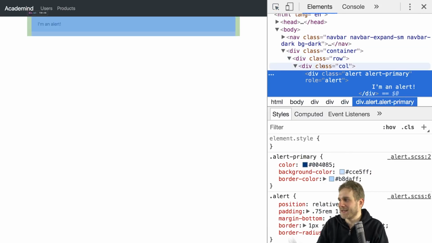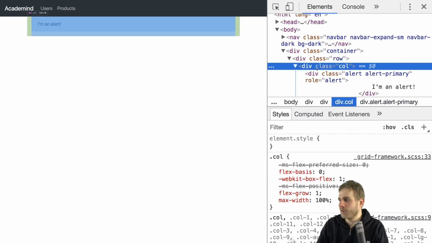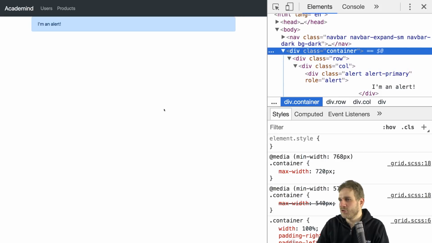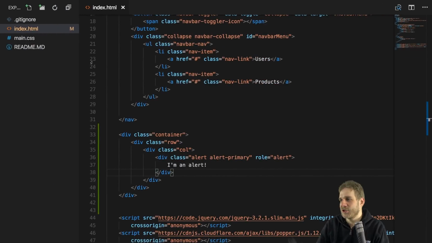So if we now inspect this, we see here we got the row doing work, here we got the column doing work, and we got the container which centers this. So this is how you would normally do that. Of course, you can also add some spacing to the top,